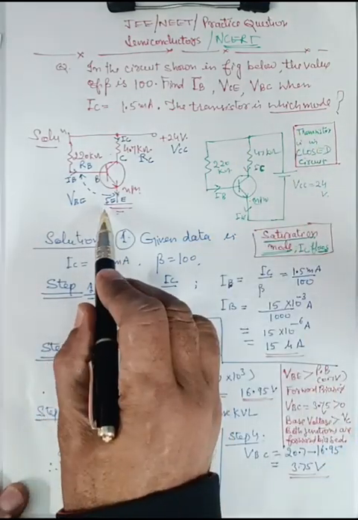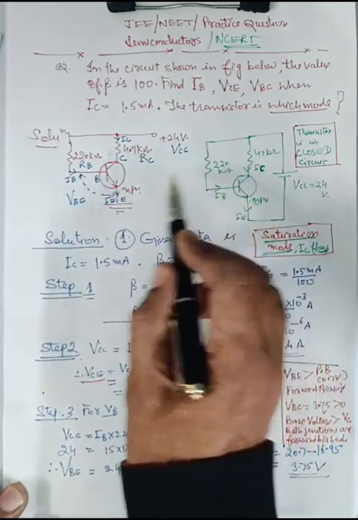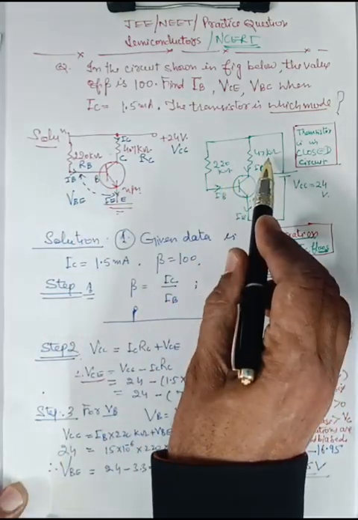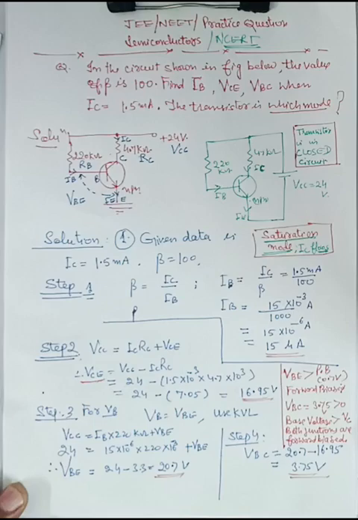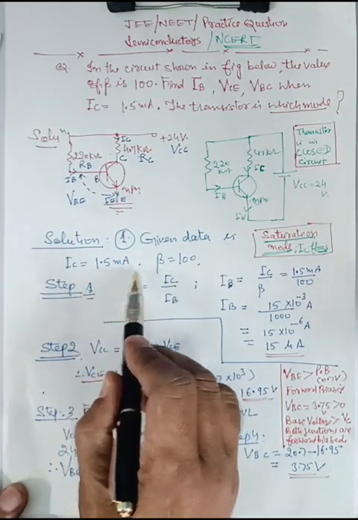So this is the given circuit. This is the base. This is collector. This is emitter. This is equivalent circuit. This is 220 kilo ohm. This is 47 kilo ohm. This is NPN transistor. So first of all, the given data is the collector current is 1.5 milliampere